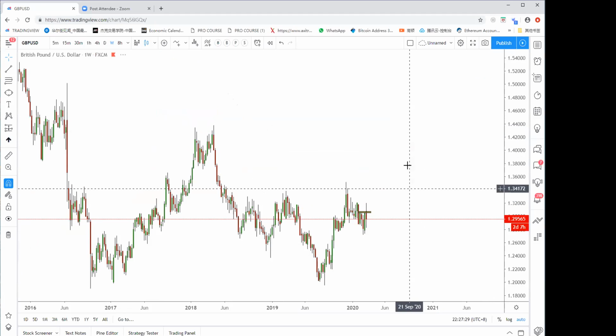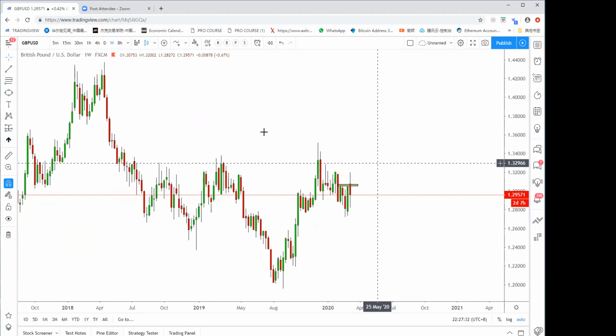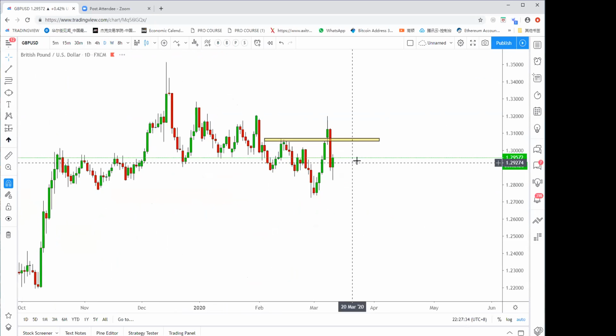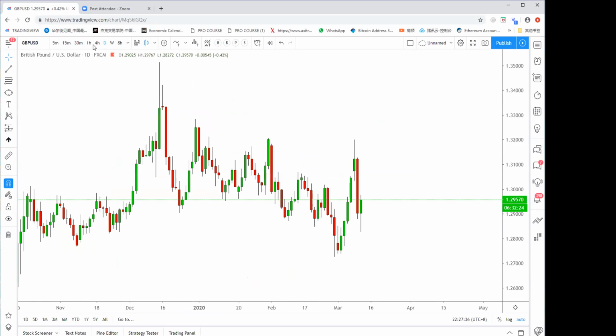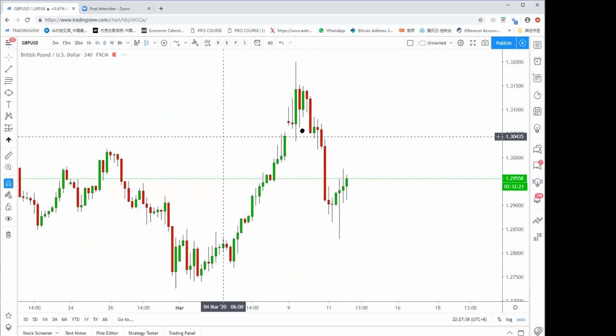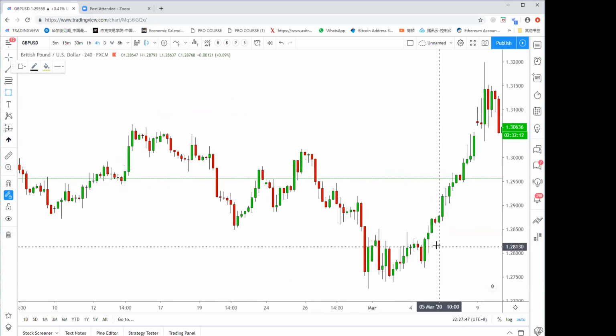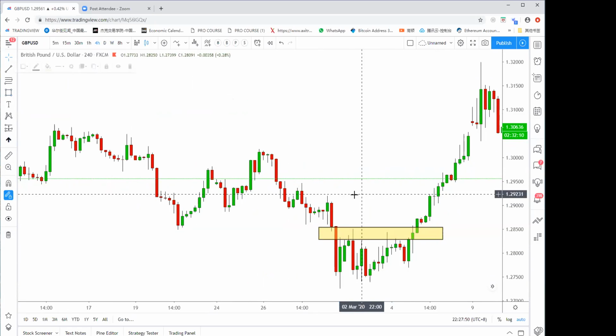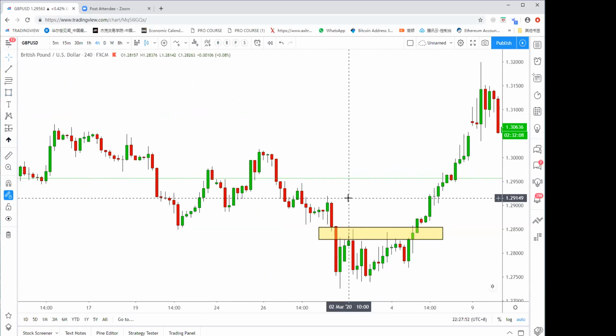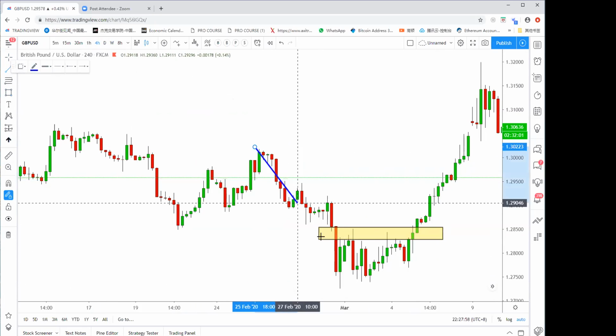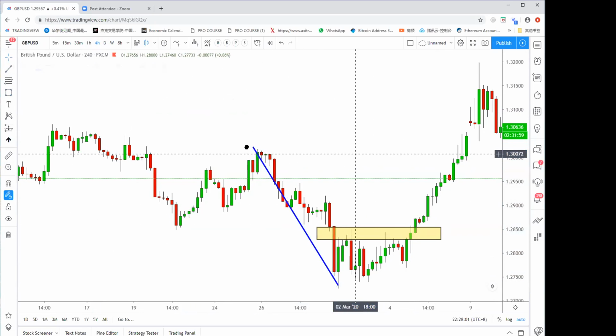Let's go back to sterling. The sterling looks the same. Sterling also broke 1.2850. Like I said in the last webinar, the sterling is behaving in a consolidation area. By checking the number of candles consolidating here, I think you will understand more about my equal consolidation theory. Because you can see the down wave is using this kind of